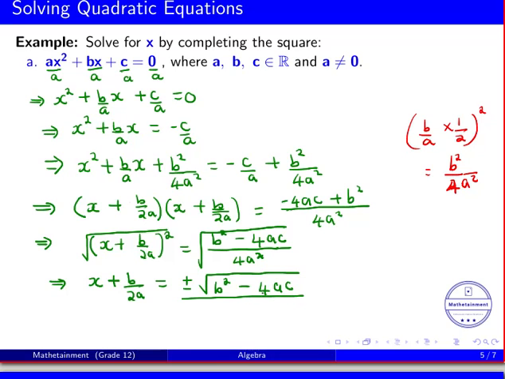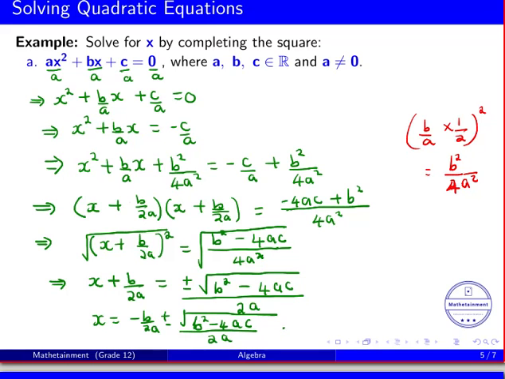All over, but on my denominator, I know what the square root of 4a squared is, and that is precisely 2a. So now, I have x being equal to negative b over 2a plus or minus square root of b squared minus 4ac